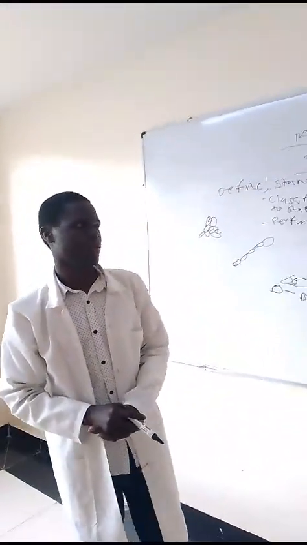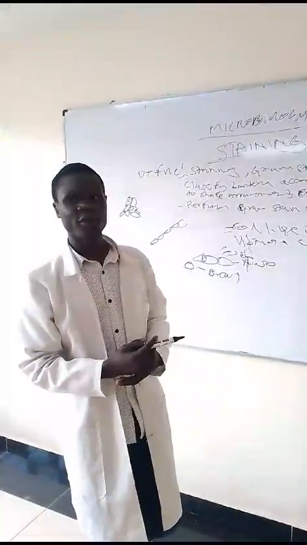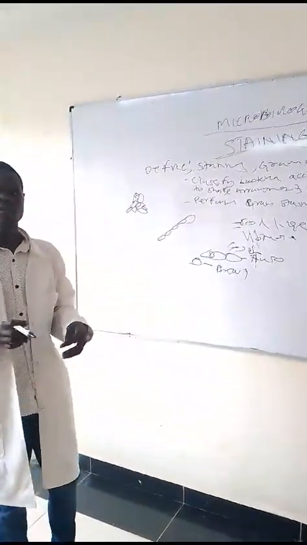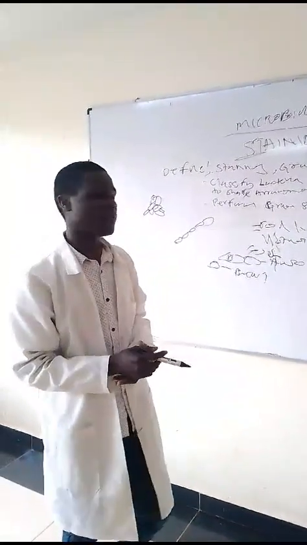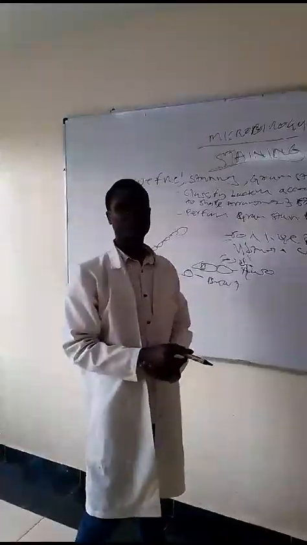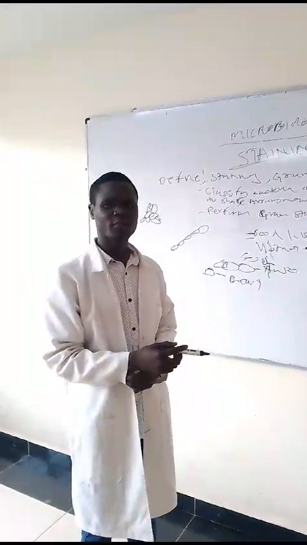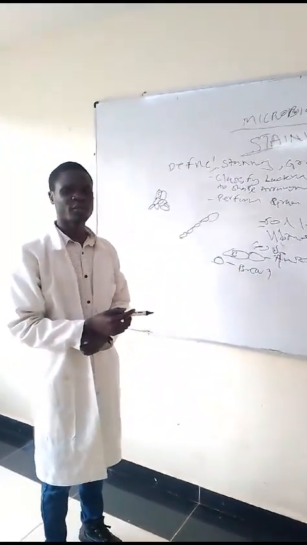Understood? Yes. Good. In terms of structure, this is when you will identify the thickness of the cell wall of that particular bacteria. So the thickness, for example, we have the Gram positive. It normally has a thick cell wall, thick peptide,